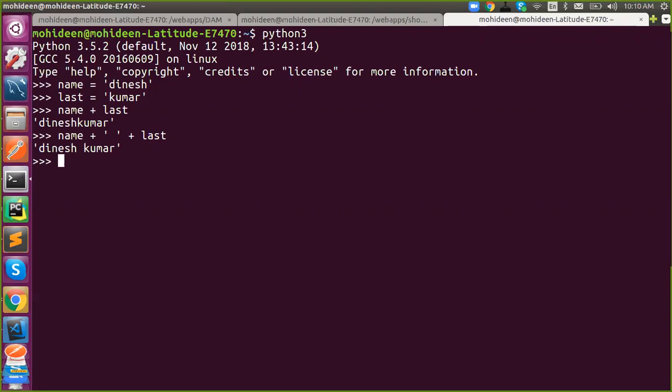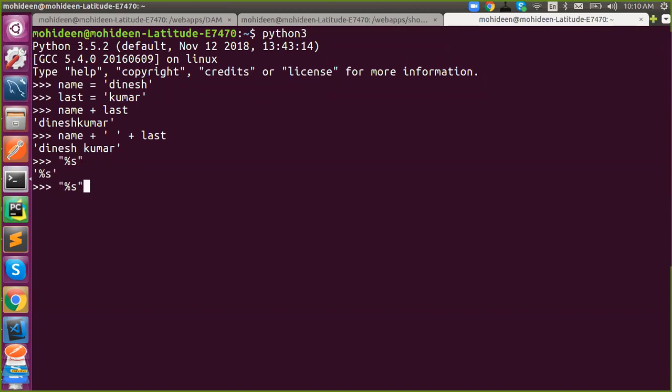Using percentage. So this is called an old formatting method. This is actually derived from C, and this is based on a data type. Okay, this is called an old formatting method in Python. So the syntax is you have to keep a percentage something. It can be s, it can be f. F means float, d means integer, c means character, s is for all. It will accept any type of string. And if you keep it as it is, it will print as it is.